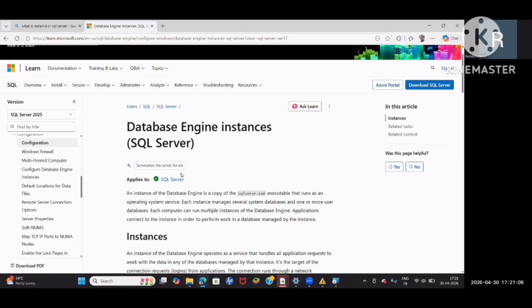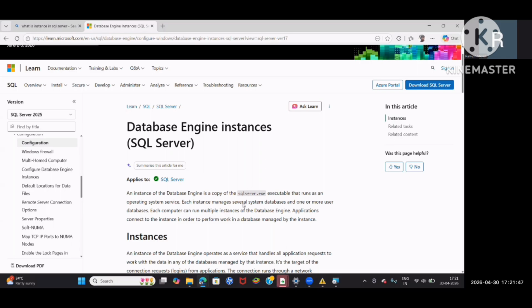An instance of the database engine is a copy of the sqlservr.exe executable that runs as an operating system service. An instance is nothing but a copy of SQL Server.exe.